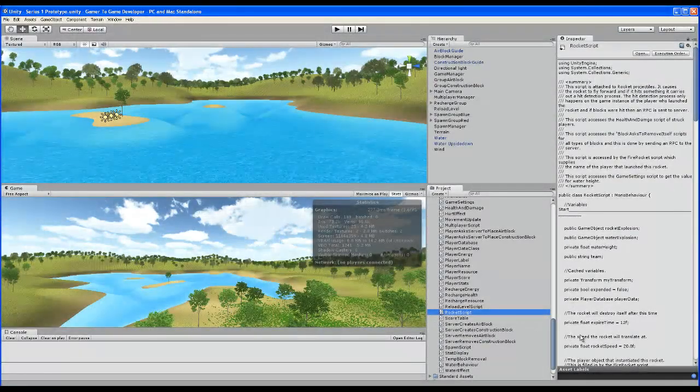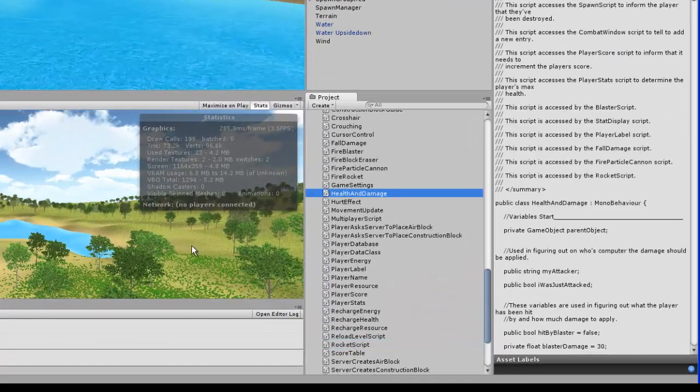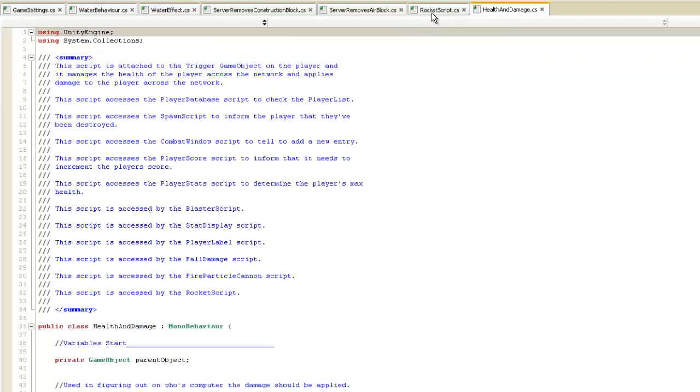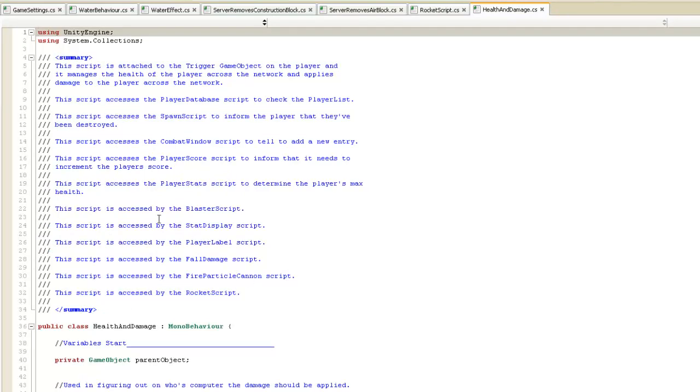Okay, we're on to our last step, which is to edit the health and damage script, and then we'll build and run the game. Alright, let's open up the health and damage script and edit it as well. So let's expand it and add the comment. It's going over to the RocketScript. I'll just copy that comment, paste it in,